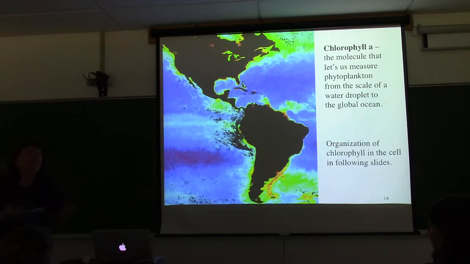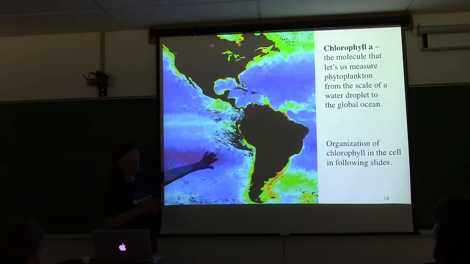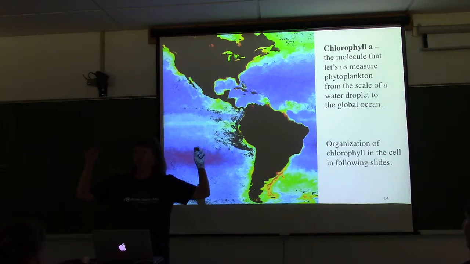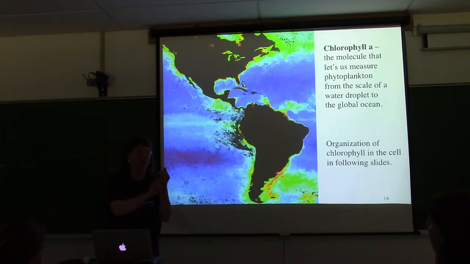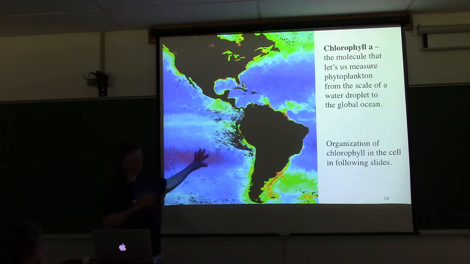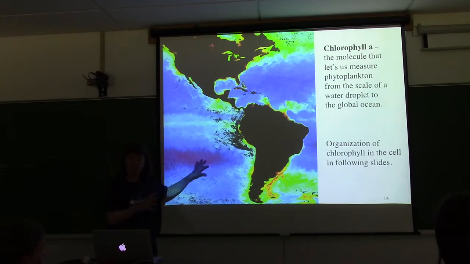So what's your idea about chlorophyll? So we're seeing something related to chlorophyll, and I'm going to put chlorophyll in quotes because there's chlorophyll B and C, and there are carotenoids. And so these images, we call them chlorophyll, but just keep in mind there are other pigments in phytoplankton that are contributing to absorption at